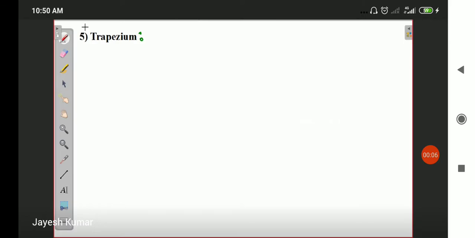Okay, today we are going to discuss trapezium as well as the kite, the remaining types of quadrilaterals. First of all, let us discuss trapezium. We've discussed the rest of the types of quadrilaterals, and now we are going through trapezium. So what is a trapezium? Let me draw its diagram for you.